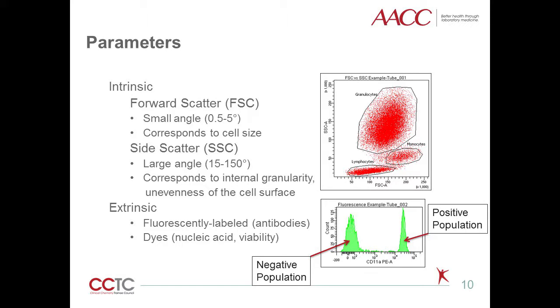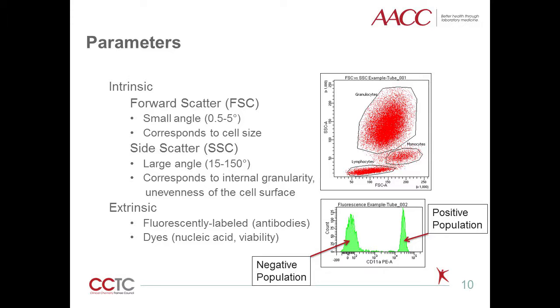Now that we have covered the parts of the cytometer and how they function, let's talk about what we are measuring. Each characteristic of the particle that we are measuring is referred to as a parameter. One way to group these is intrinsic versus extrinsic. Forward scatter and side scatter are intrinsic parameters. They are basic characteristics that can be measured by laser interrogation without addition of any other fluorescently labeled probe, antibody,